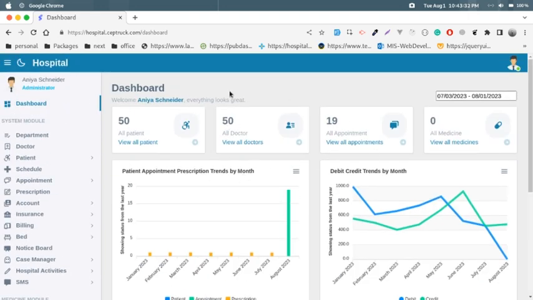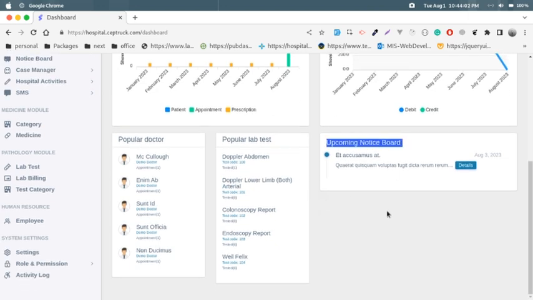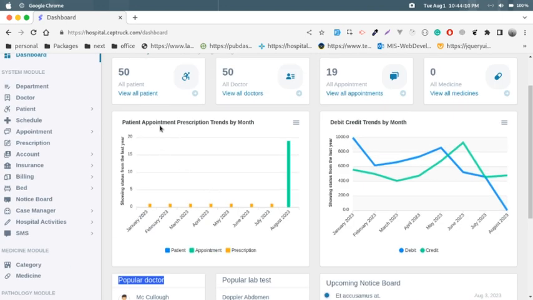We can see the overall dashboard report of this demo hospital from here. This is called hospital. You can dynamically handle all of these things from here. We can filter our data from this date trends picker. Using this date trend picker, we can see the data for those dates. Look at that, this is the upcoming dashboard, this is for popular lab test, this is popular doctor, and this is the patient appointment and prescription report,